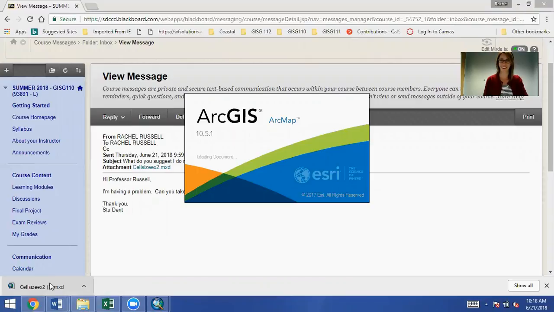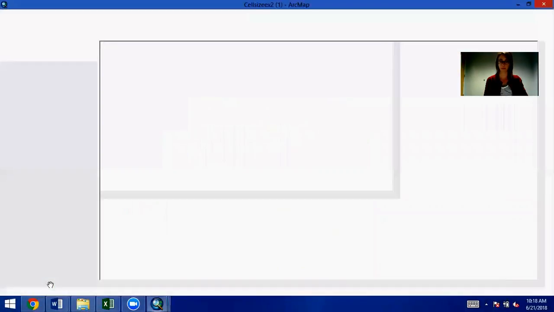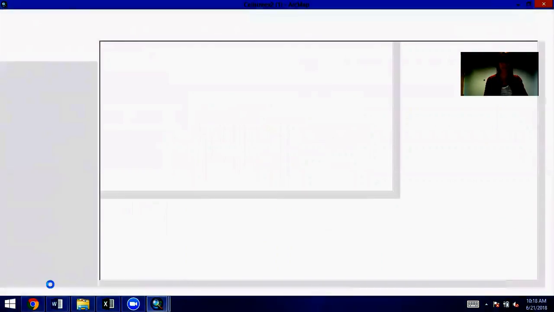we wait patiently for ArcGIS to open. And you will see the problem that anyone receiving this MXD file will have. If you notice here on the right of the screen, on the table of contents, all of the data layers have these red exclamation points next to them. There is another video on Blackboard explaining how to deal with these exclamation points. But for now, we're just focusing on how to avoid this from happening by not sending